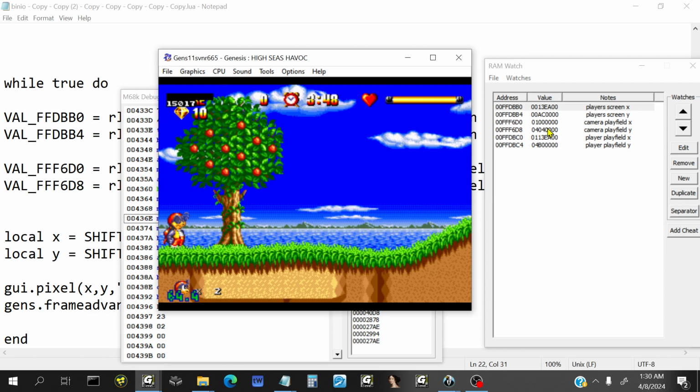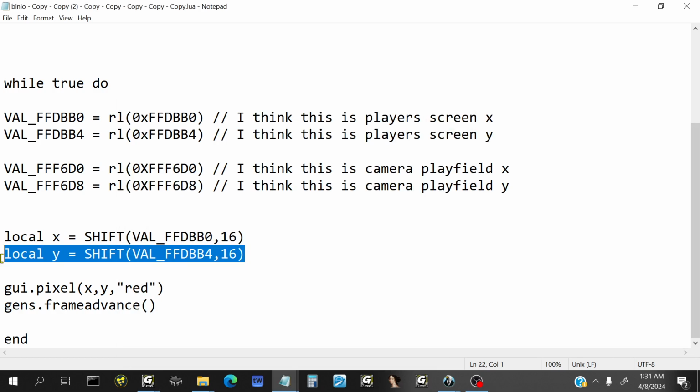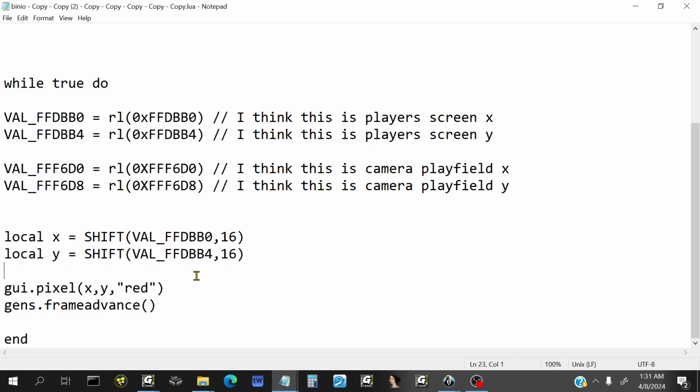I don't know if you can even see it at this point. But basically, I took the screen X and Y coordinate as a long word and I shifted it 16 bits to the right, because I think the lower part is just very sub pixel precision. And then I made that the X and Y, and then I did GUI pixel X, Y,